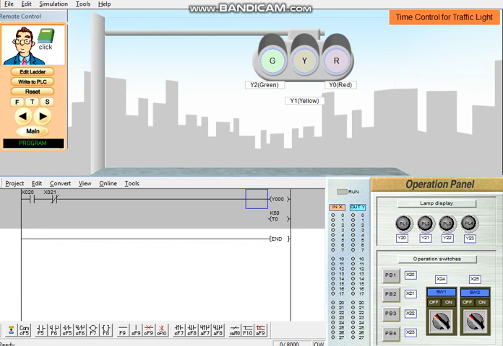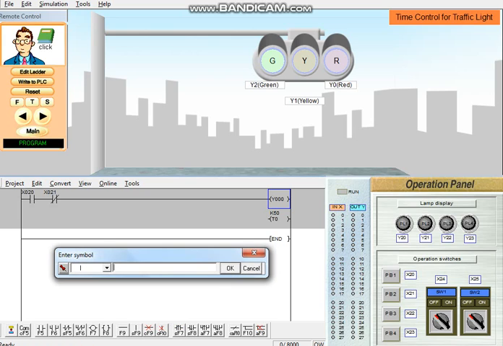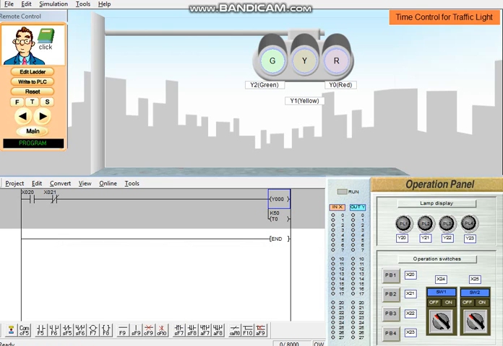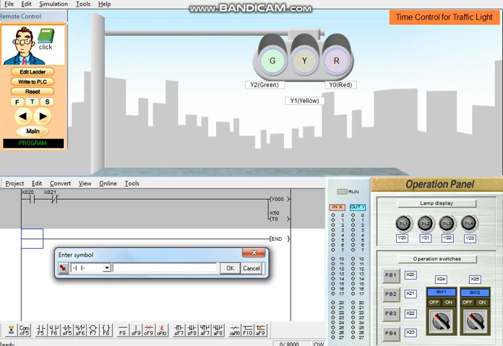And then we will put a connector here. We will draw a vertical line or connector. We'll just click enter. Then another normally open contact, which is addressed to T0.